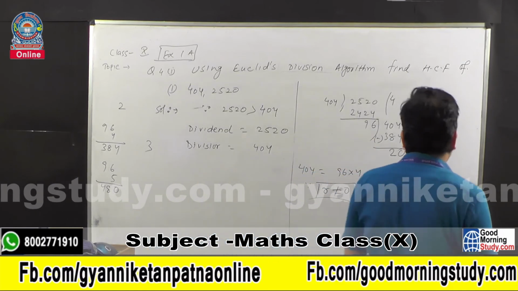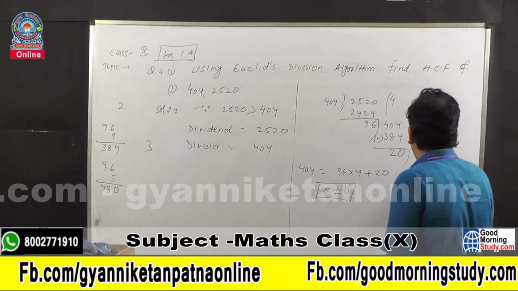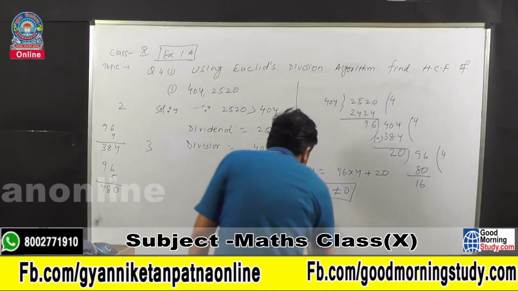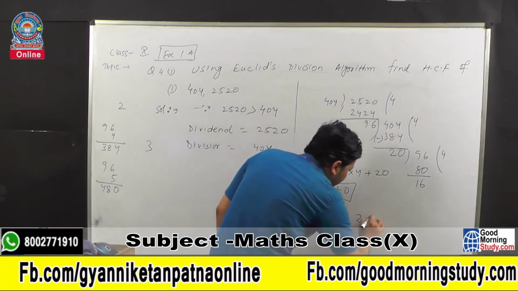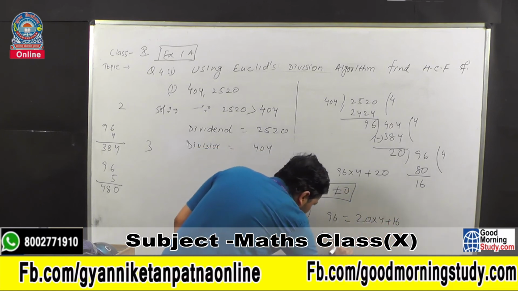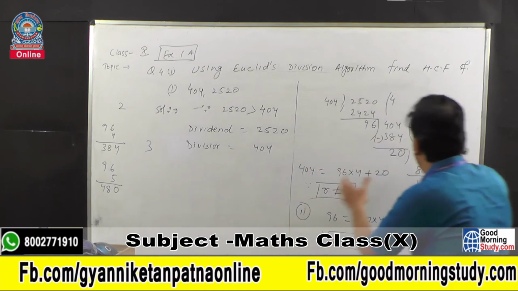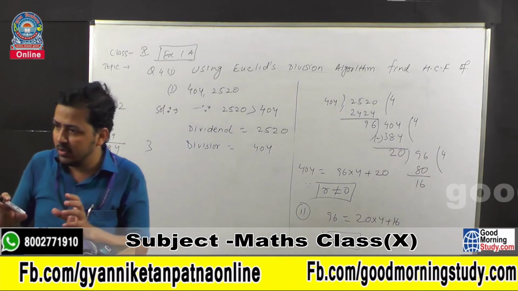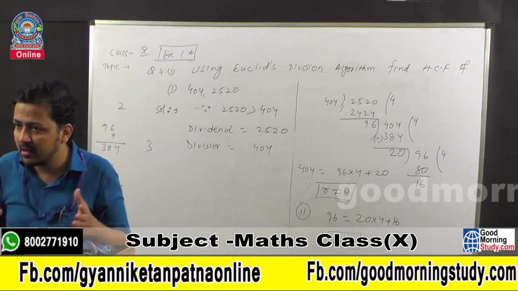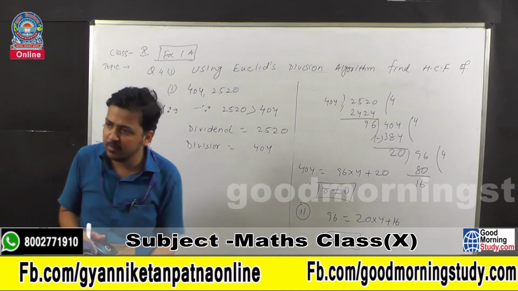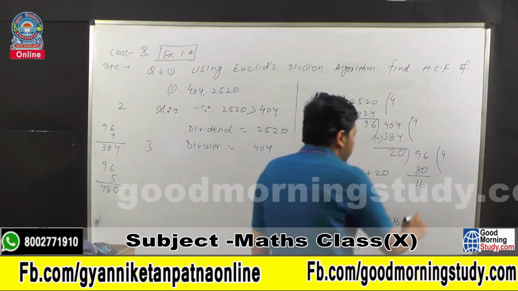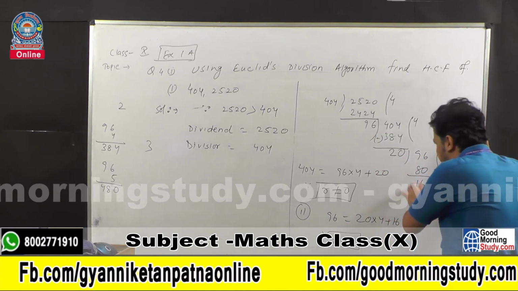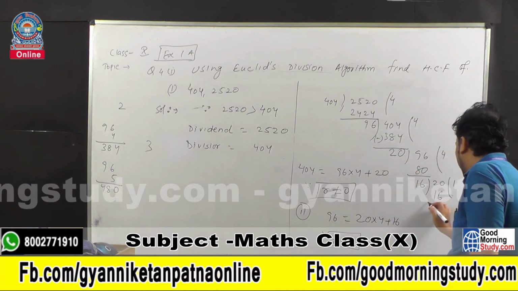कितनी बार में जाएगा ये डिवीजन? कितनी बार में होगा? 20 into 4 80, 16 will be there remainder. Now second step will be, you can say that 96 can be written as 20 into 4 plus 16. Since r is not equal to 0, again we will repeat the same thing, and that's why it is called series of steps. That's why I have written यूक्लिड डिवीजन एल्गोरिथम में, एल्गोरिथम का मतलब मैंने बताया था सीरीज ऑफ स्टेप्स, कई सारे स्टेप्स के सीरीज होंगे, इसीलिए बार बार आप सेम चीजें कर रहे हैं, ठीक है। अब आइए फिर से 20, ओके। इन दैट केस क्योंकि देखिए ये डिवाइजर हो जाएगा, ये डिविडेंड हो जाएगा। अब 1 टाइम्स में जाएगा।